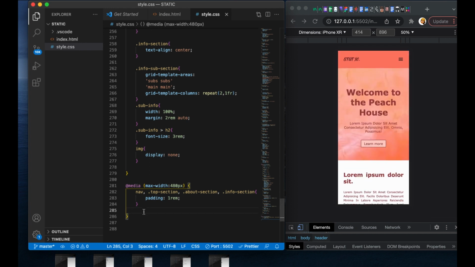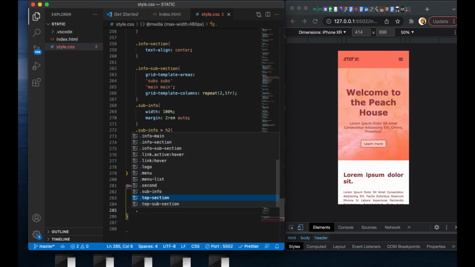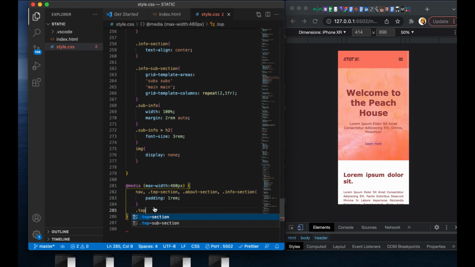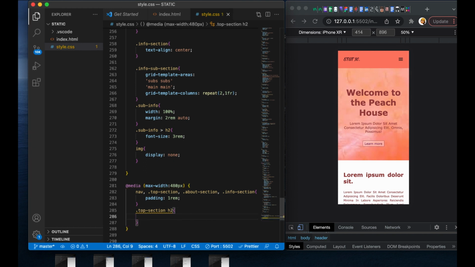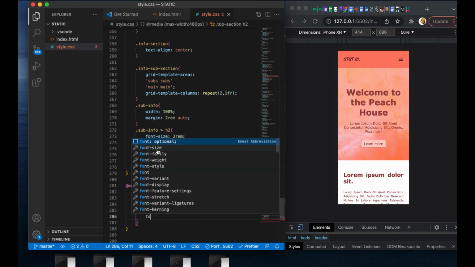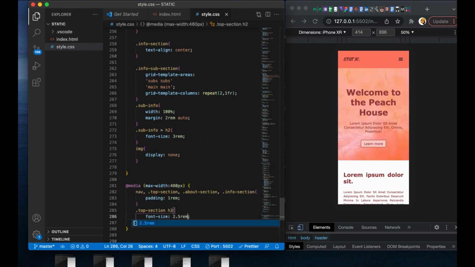Now the next thing is we want to target this and reduce the font size a bit. So we're going to do the top section H2, the H2 inside top section. So we want to give it a font size of 2.5 rem. Yeah, that should reduce it a bit. Then